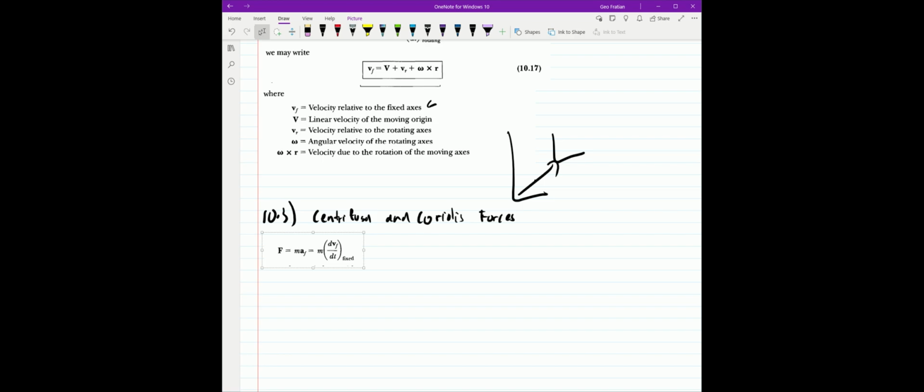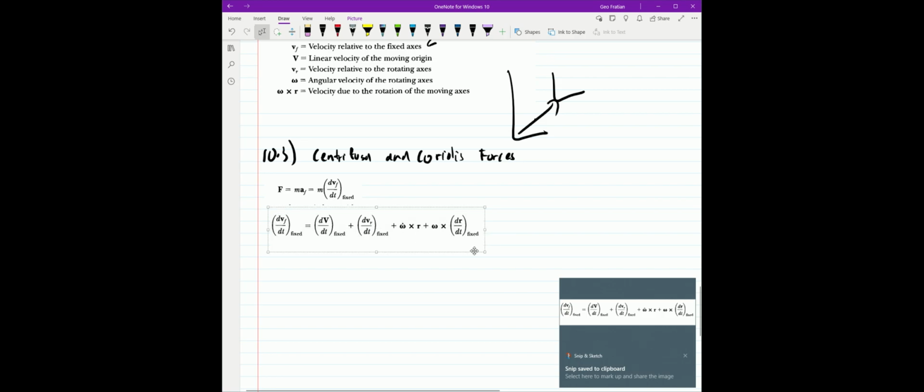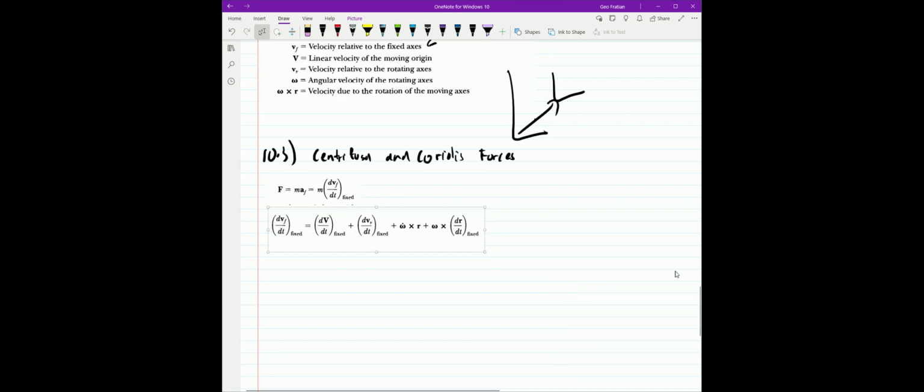So if we were to differentiate 10.17, this equation right here, we basically have dVF dt fixed is equal to all with respect to fixed, basically, is the point. And we can call the first term right here just big R double dot fixed, because remember, this V comes from the R, it comes from dr dt, which is the relative velocity between the two coordinate systems. And then the second term